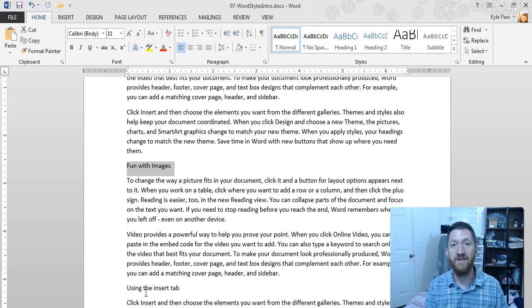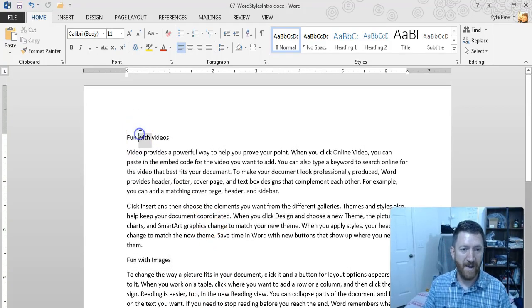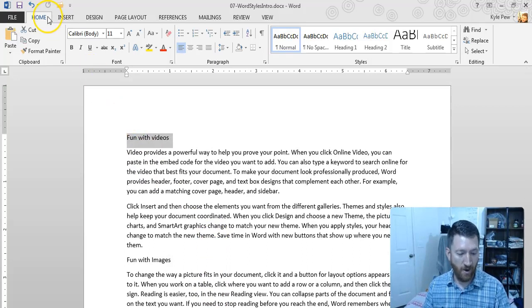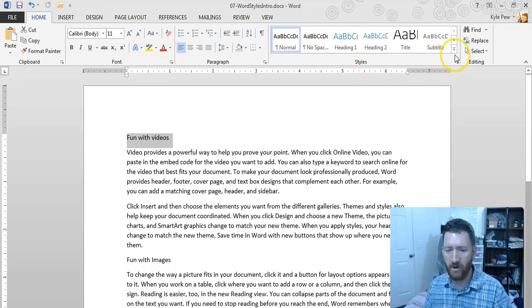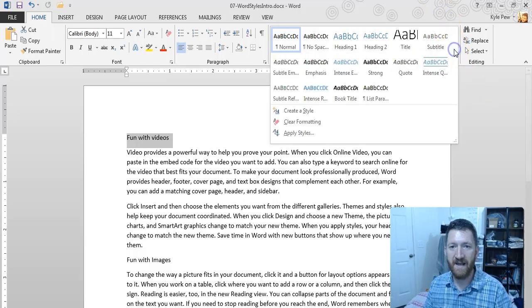Use the saved formatting. Use styles. It's already there. It's built for you. You just apply it, and you'll create consistency throughout. Watch. I'll go back up to Fun with Videos. I'm going to go to my Home tab. On my Home tab, I have the Styles section. Now you can see I've got like five, six items up there. You might see more, you might see less, depending on the size of your screen. But there's this little arrow right here, right in the corner. If I hit that, this is going to expand it out